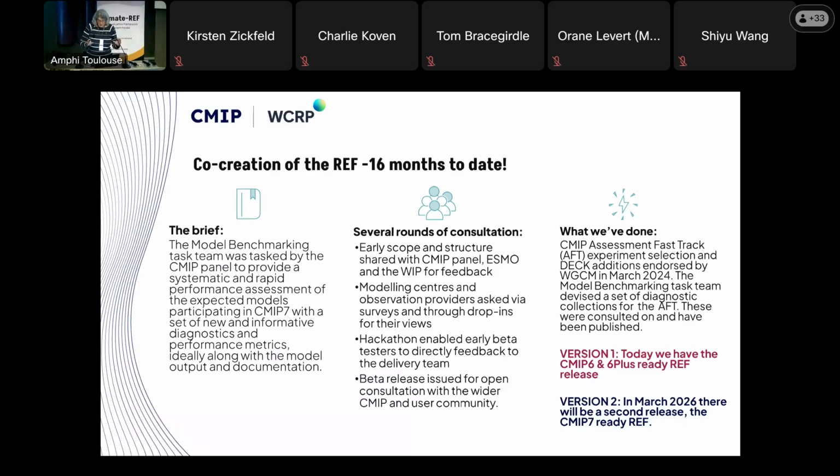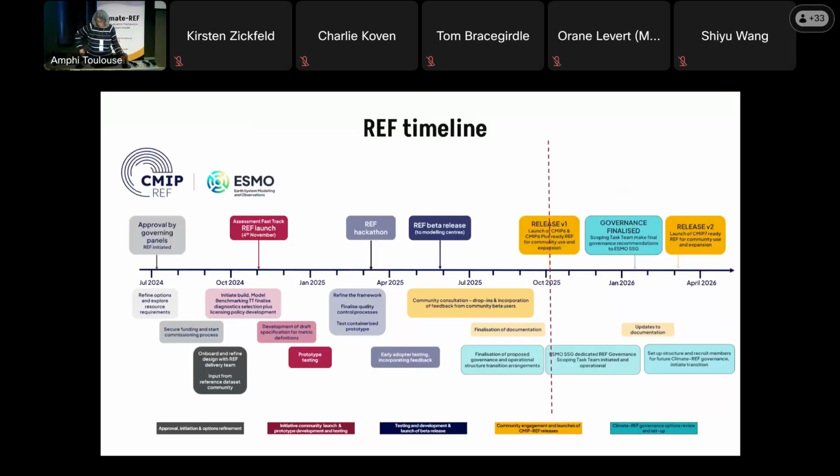The next slide shows the timeline, what has happened since June or July in 2024. I'm not going into detail here. We are right now at the vertical red dashed line. You can see a lot has happened before, and you can look into details about this in a bit. So we are releasing version 1 right now. The release of version 2 is to the far right, and in the middle, between those, you have the governance